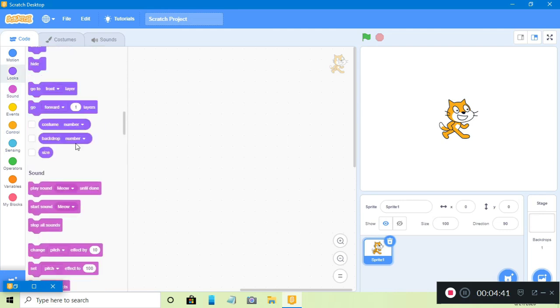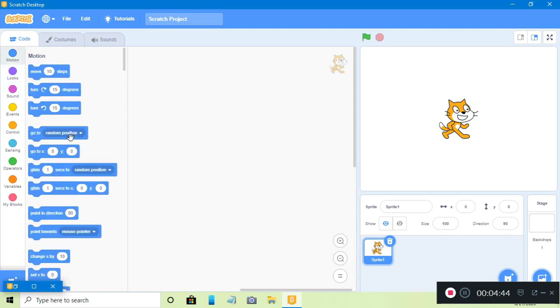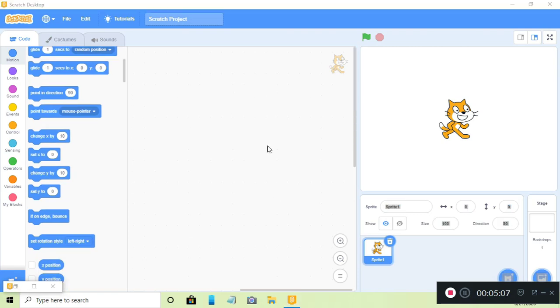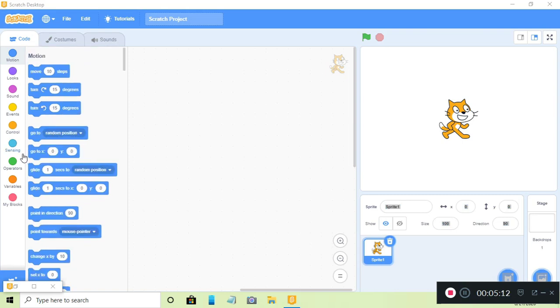Okay, now first we will see the language setting. As soon as we download Scratch on our device, we will set the language. For setting the language we have to go to the bottom of the page, or we can go to the left side of our screen.